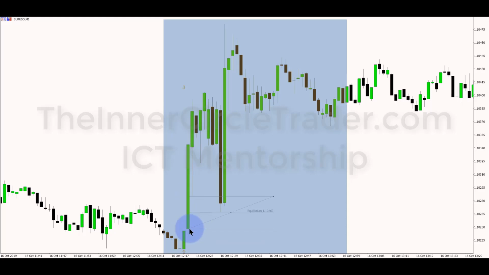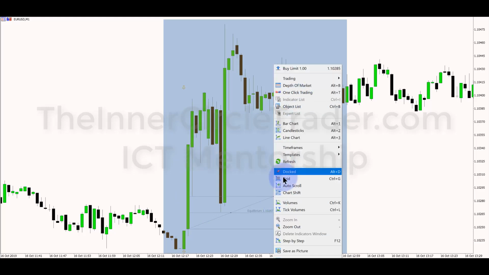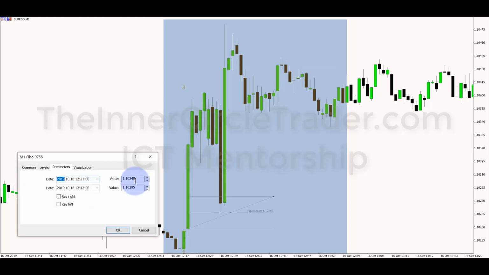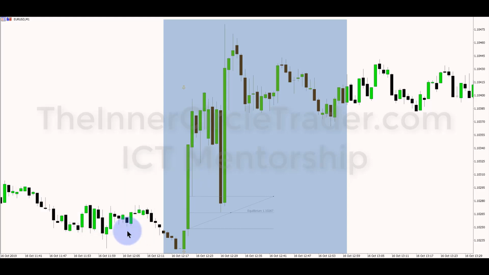Okay, so we have this candle's open at 110.24.8. Make sure I have my fib on it. 110.24.8, and obviously that level here for this low is intact. All right, so that gives us an equilibrium price point of 110.26 and 7 pipettes. The low on this candle comes in at 110.26 and 7 pipettes. Ladies and gentlemen, you cannot get any closer than perfect.